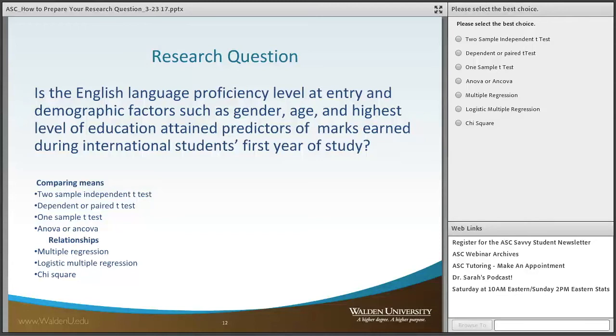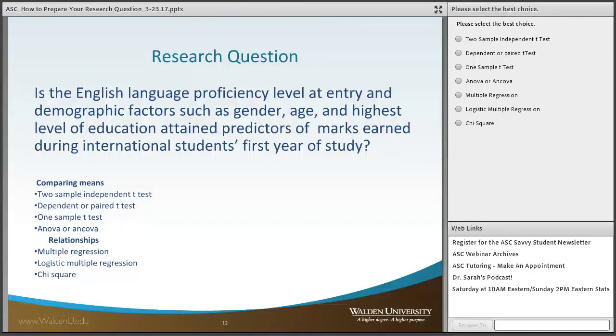And in it, we have a dummy variable in gender, and we have continuous variable in age, and maybe an interval in highest level of education. And multiple regression, quite happy to take all of that, and we will end up with a model that will have a coefficient in front of it and say, the older you are, the higher the grade we think you should get, a positive coefficient.